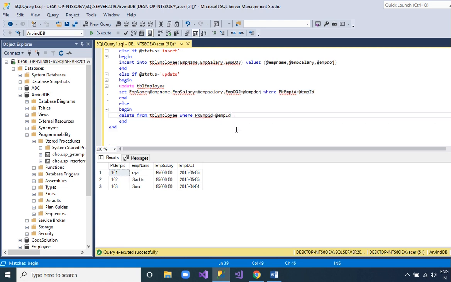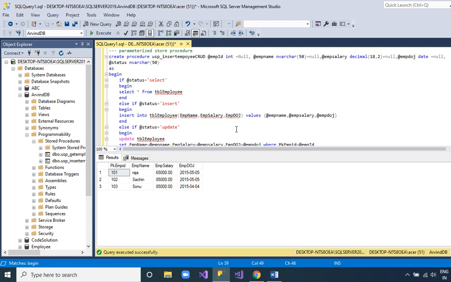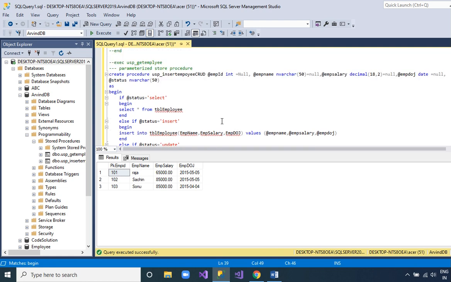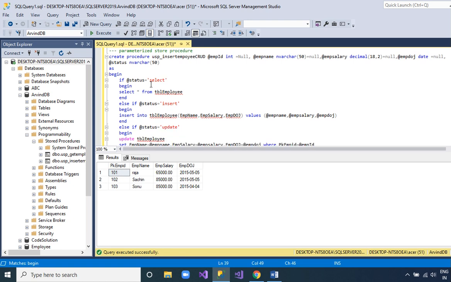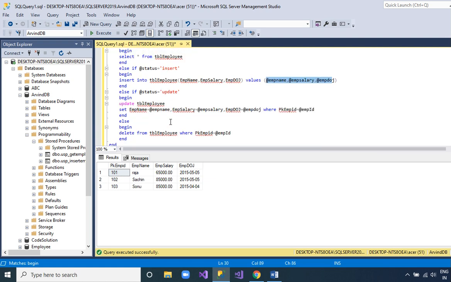Okay. So that is our stored procedure query that we have written. Let me make you understand this. The user will pass status. If status is select, then on the basis of the select, this query will be performed. If the status is insert, then we will give these three values, right? So all these three values will be inserted.